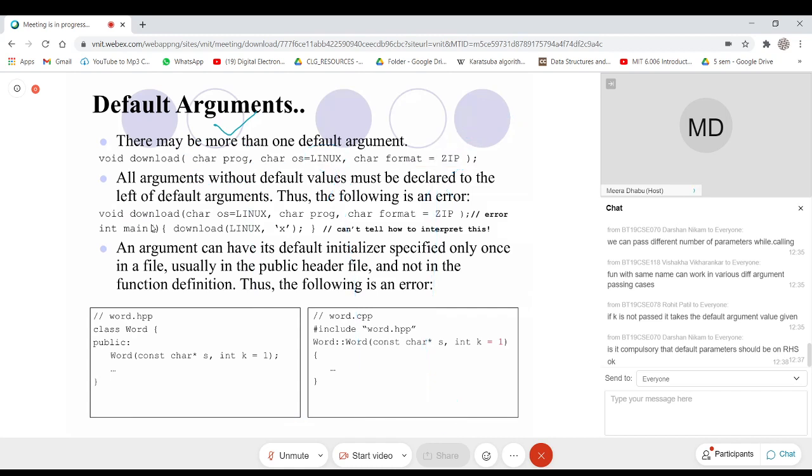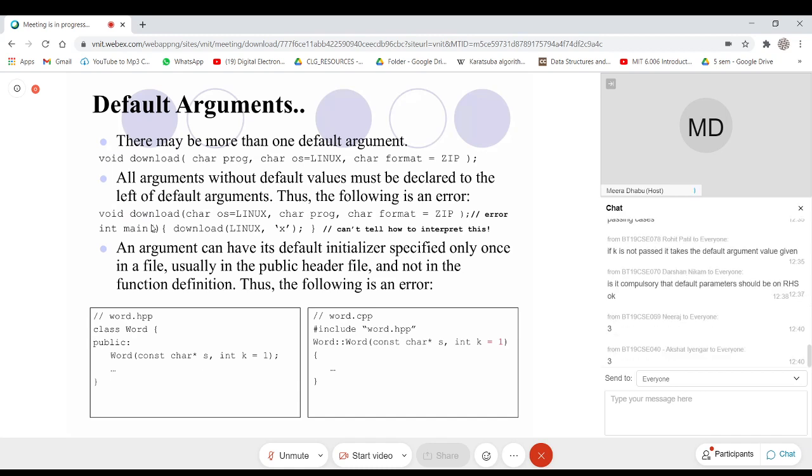I can do this also. I mean, how many overloading forms can this download function have? Two or three? Yes, two or three. How many overloaded forms will it have? Anyone? Three. Very correct. One only with this argument. Second form is with these two arguments. And third form will be with this full argument list.